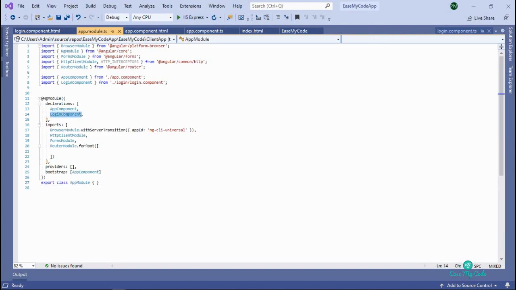But we also need to make sure that our login page is the home page of our application, the default page. For that, we need to write the path.